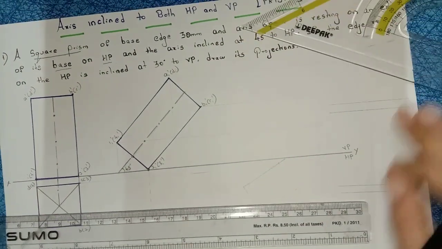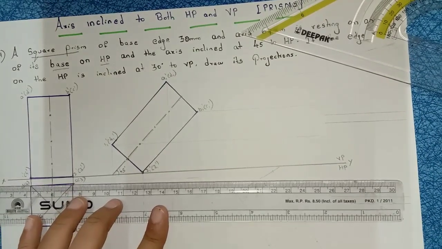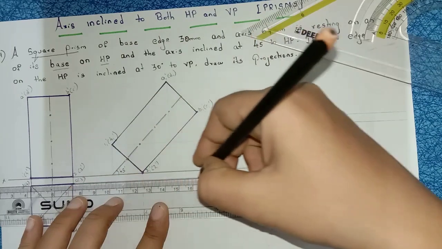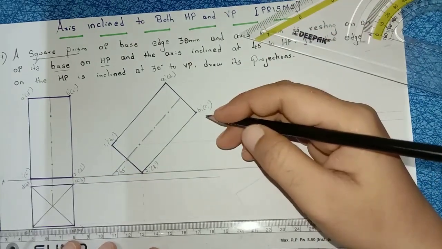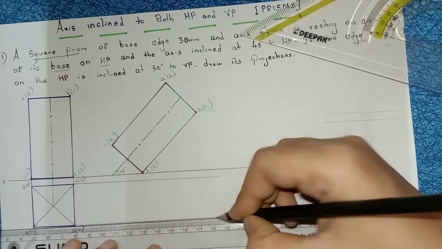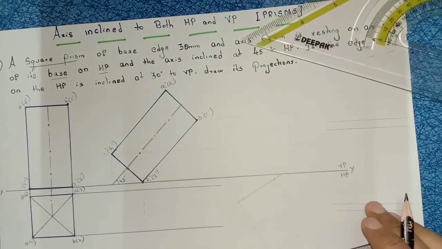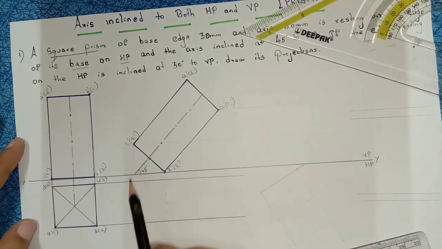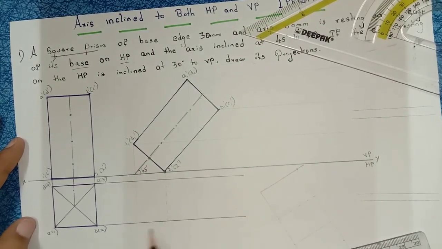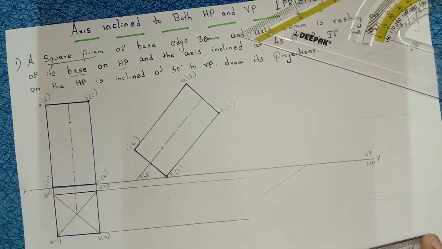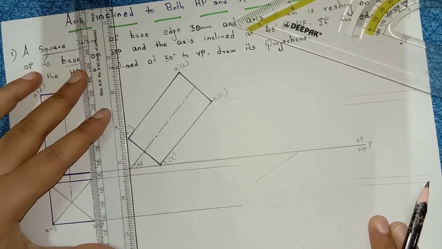So in order to construct the fourth step, from every corner of the square draw the projectional lines of any length. Right, again from here draw the projectional line of any length. Right, now same process from 1 to 1, 4 to 4, 2 to 2, 3 to 3. Likewise A, B, C, D also. So let us see how to construct this one.